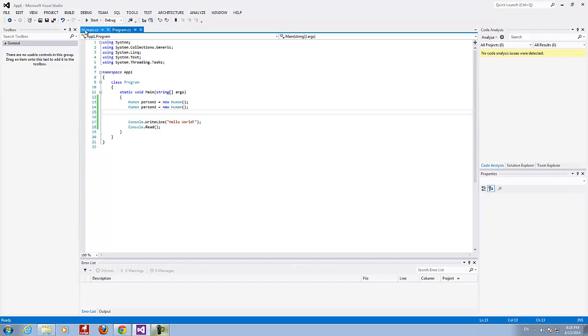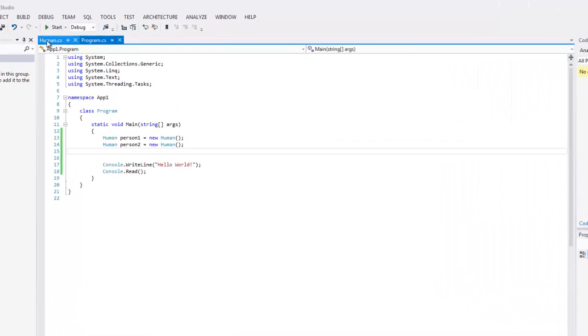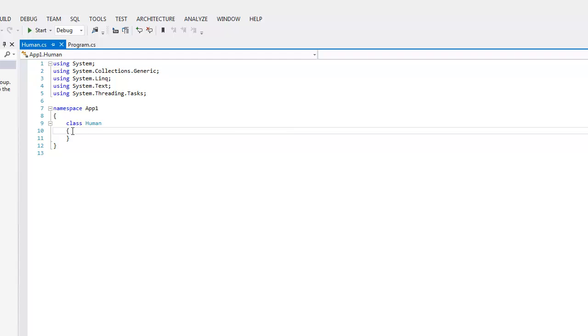Let's try now to declare properties somehow, to attach properties to these two human beings. Okay, the language C# actually allows us to do that by declaring so-called fields. The fields are variables which are declared in the body of the class.